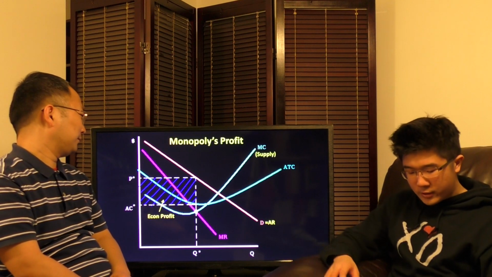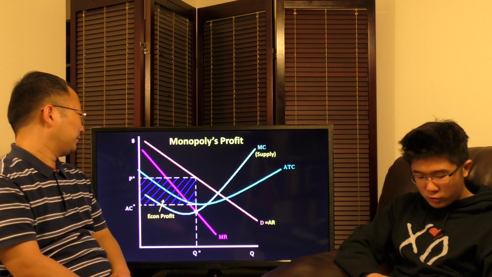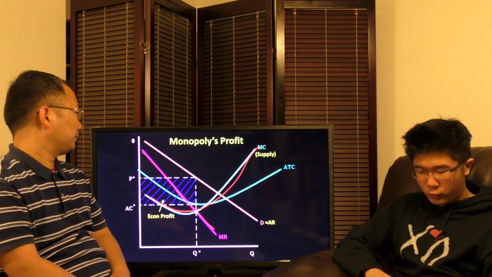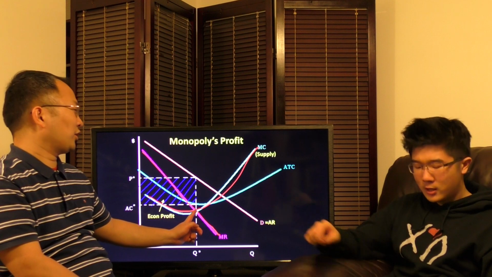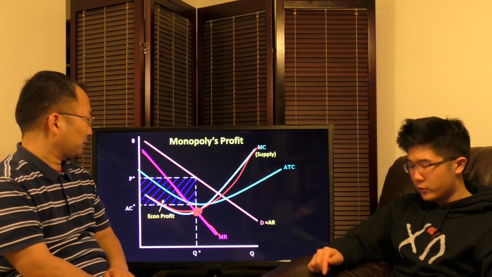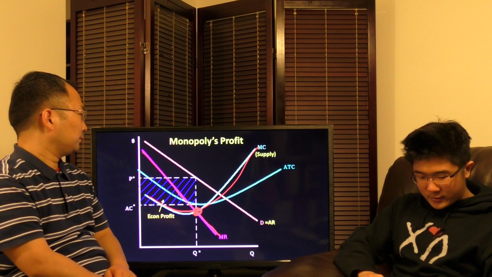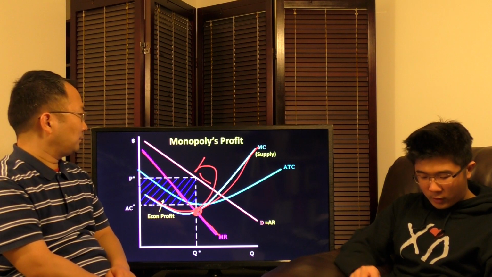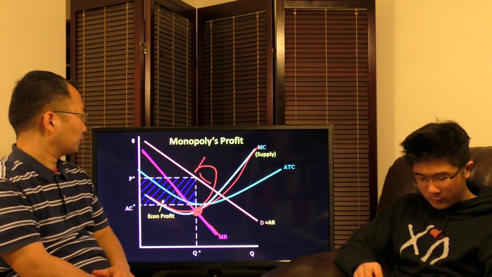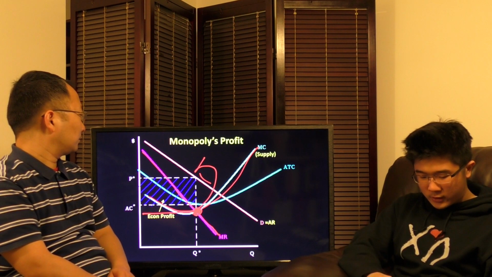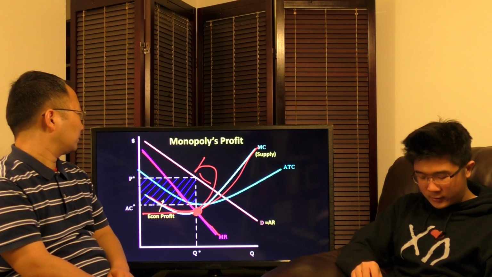Yeah. So what happens here is basically at a production point where marginal cost equals marginal revenue. Remember, for all firms, marginal cost equaling marginal revenue is where our production point is. That's an intersection. So this is our production point right here, where marginal cost meets marginal revenue. And since demand is willing to pay up to price P, that is what the monopolist will sell at right here. However, the marginal revenue for the firm is only right here, and the average total cost at that production point is where the average total cost curve hits.